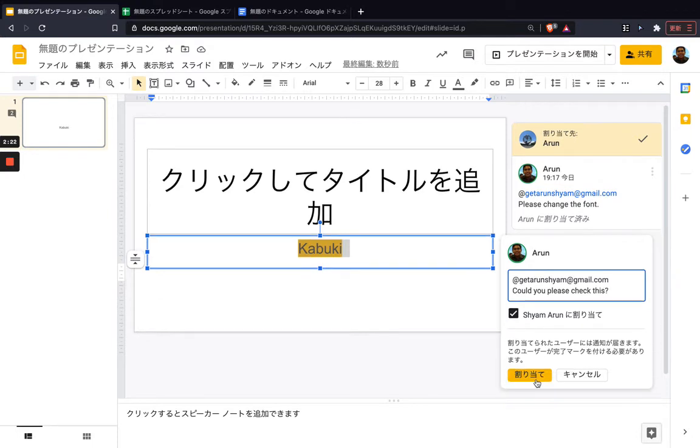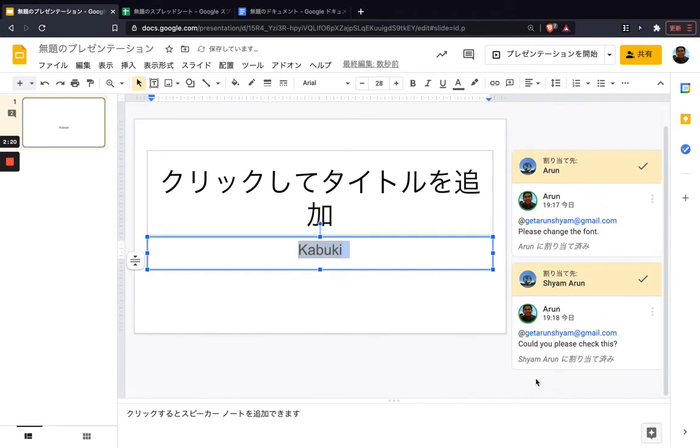Okay, this way you've assigned this particular comment to me. So if you're working with 5 to 10 people on one slide, on a collaborative project, you can assign specific things to specific people. But let's say you are working with me, there are 10 slides and you've made 10 changes. You don't need to assign each and every comment. Once you assign one, I'll get a notification. That way I'll go and check the other slides and see whether you've made any changes there.